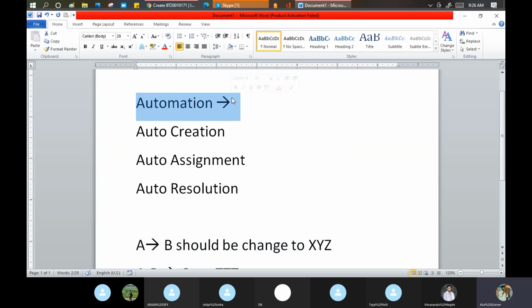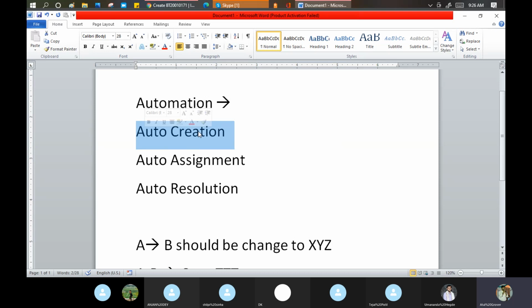Automation, as per my understanding, is based on three principles, or can be completed in three steps. First is called auto creation. For example, when we are doing the email notification, we say if anyone is facing an issue, just send an email to the ServiceNow email ID and the ticket will be created automatically.